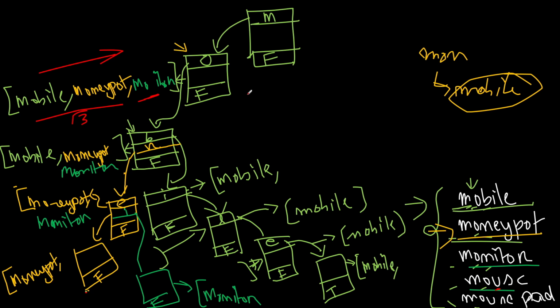Got it? After that, that's done, right? Now it's U. So we don't have U, right? So here U will be created. The new reference node will be created for this with F, and a new suggestion box will be created like this, which will be having mouse with it. Got it? Great. Now similarly,